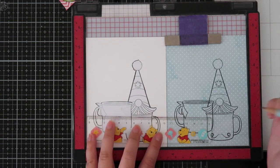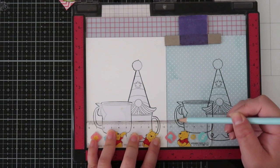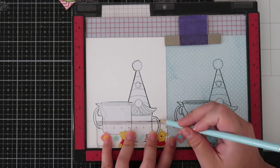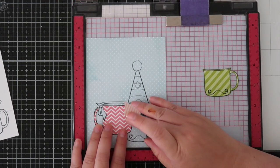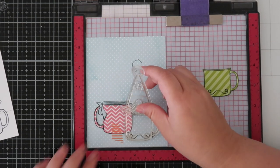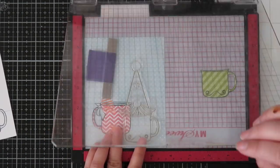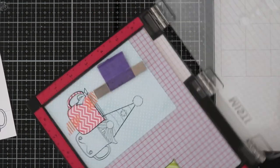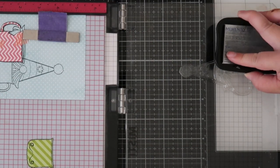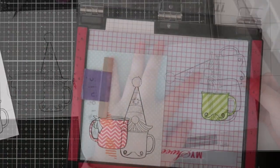Before I worked on cutting out my background, I also realized I needed the lines for the tables. I threw them in my Misti, used my ruler to draw a line across the card so it matched perfectly with both the background and my card base. Here is where I also realized that I needed to cut out more of that red cup. That's mainly because the gnome cup was right in front. So I put it back into my Misti, lined it all up, stamped my image directly onto that red cup, and I will also cut that out. The Misti definitely saved me in this card,